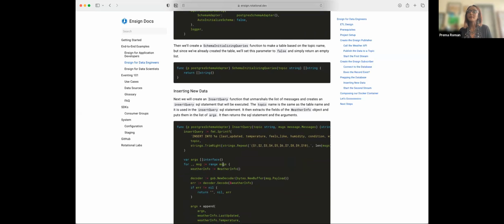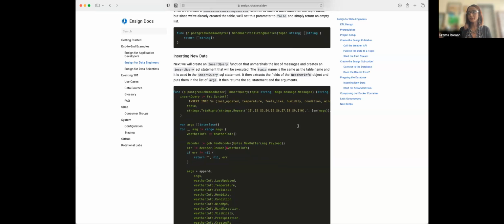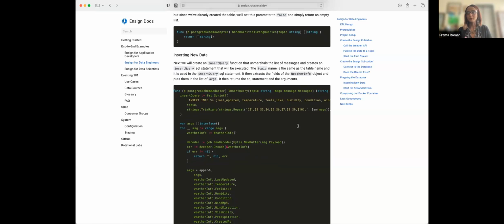And then now let's take a look at the code that's going to do the actual work of inserting the record. And so in this case, we have the topic. The topic, to keep in mind, is actually going to be the same name as the table in this database, so they have to match. And then it will take in the message that was published on the topic, and then we'll return the SQL script that's going to get executed,